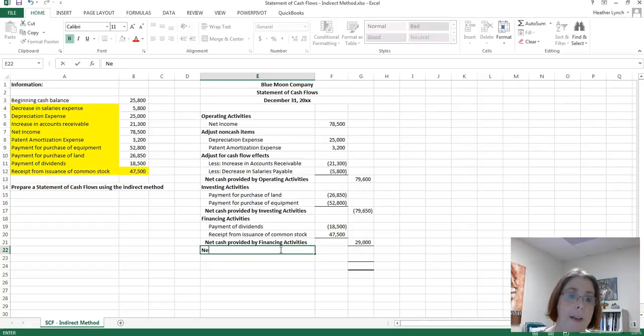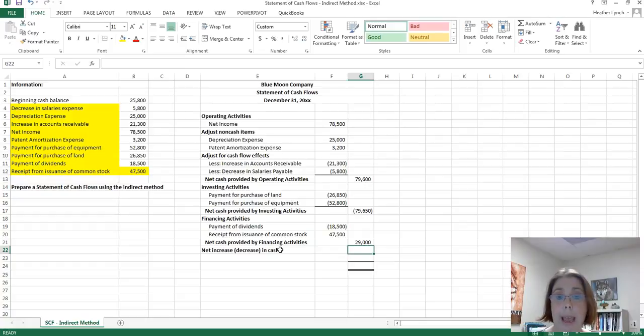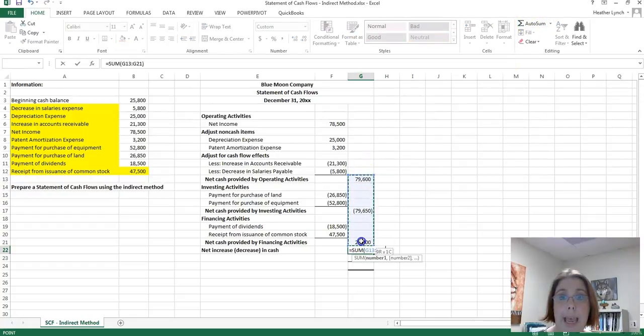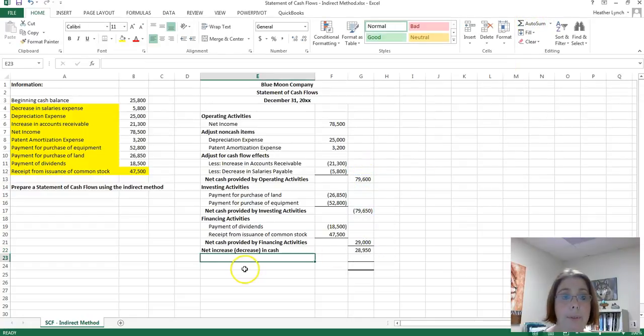Now we need to decide, do we have a net increase? And I'm going to put in parentheses decrease in cash, because we could possibly have an increase or a decrease. Hopefully we have an increase. So we add these three up. We have a net increase in cash of $28,950. We're going to want to put cash